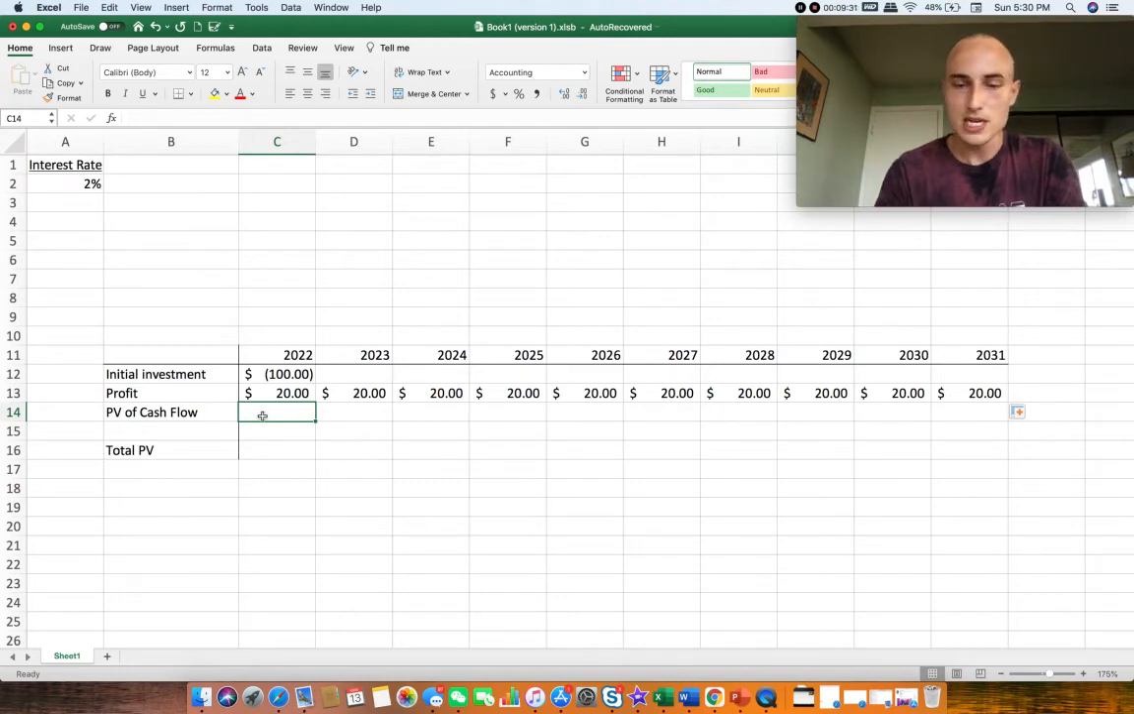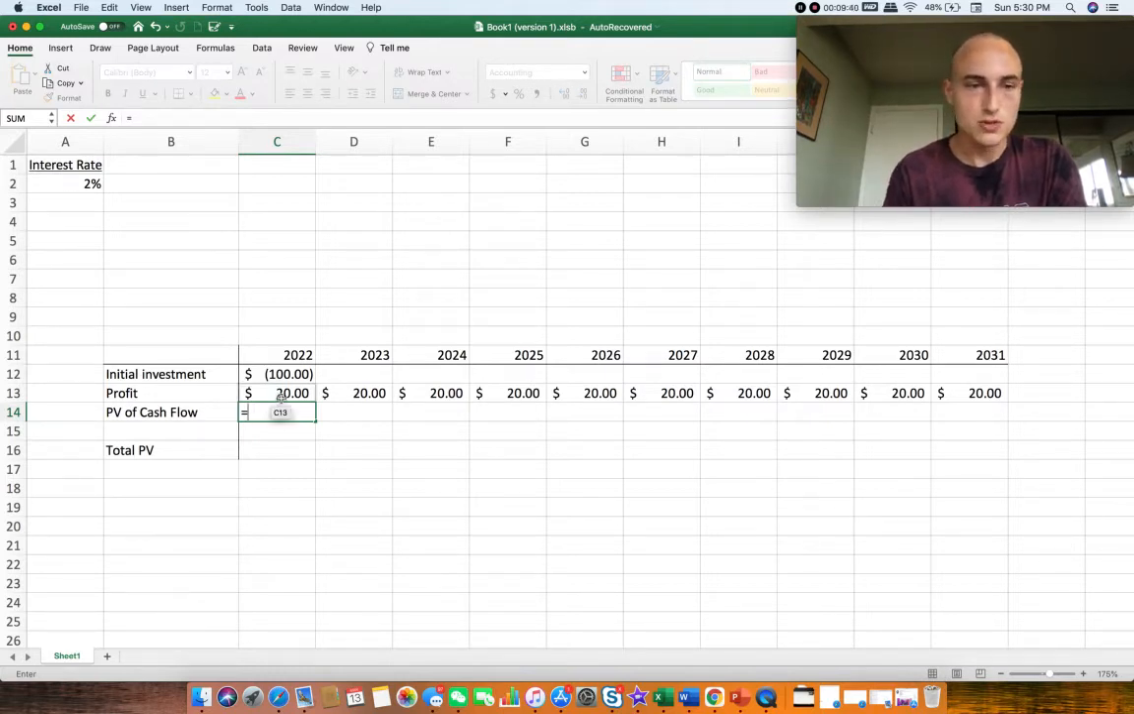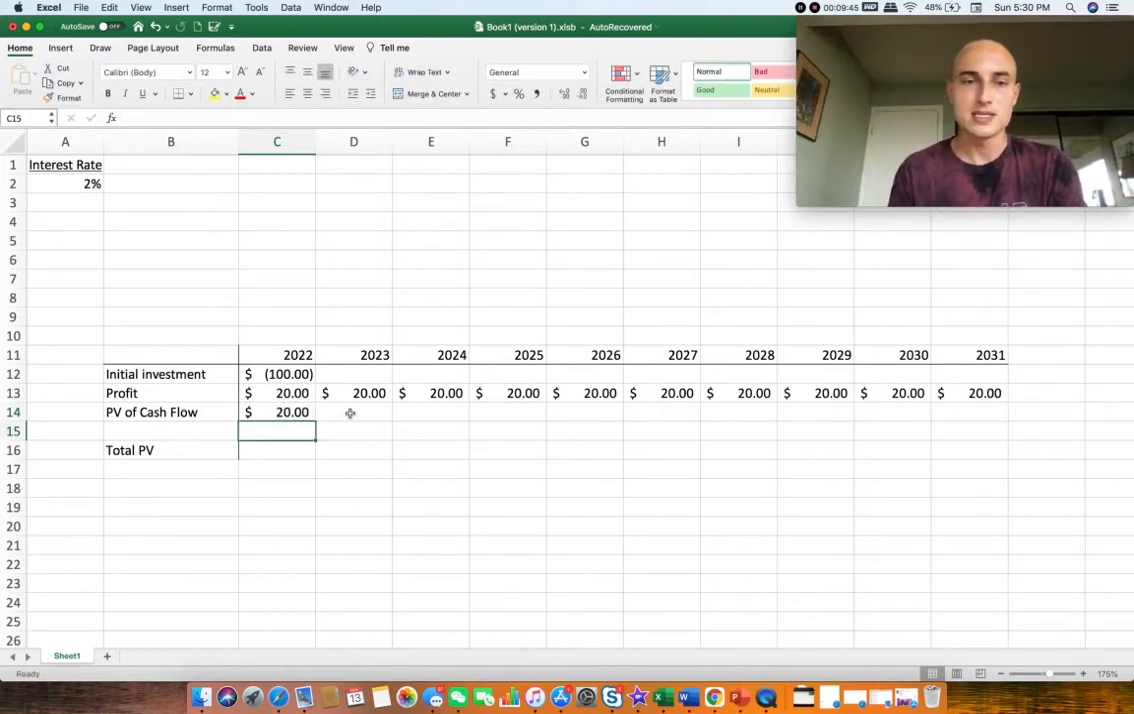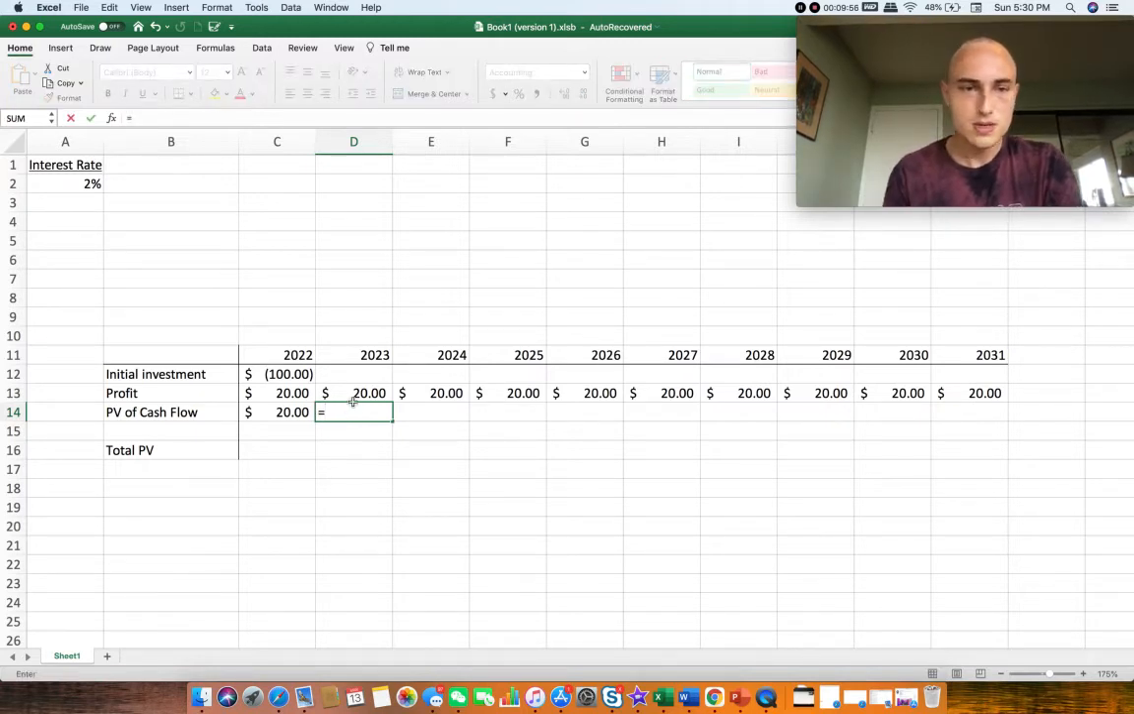So let's set up our formula again. We're going to set up our formula as follows. So we're going to set this cell. This cell is just equal to the first year profit. There's no discounting in year one, right? Because there hasn't been enough time for there to be any discounting. However, in year two, we are going to start running into discounting. So here, we're going to set this cell equal to the $20 in profit in 2023 divided by